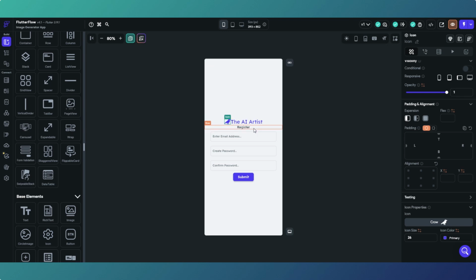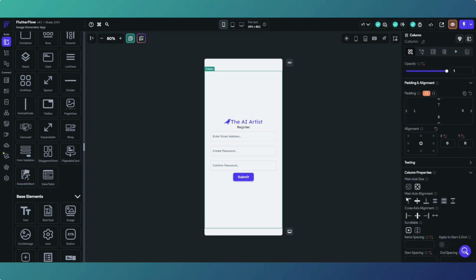Now it's a bit close to the register there. We want this to be separated a bit. Now this is where, if we select our column, this is where these elements here that we haven't yet talked about. So we can separate these out. So at the moment everything's central to the column in terms of its vertical alignment. Now we can space them. This one spaces them